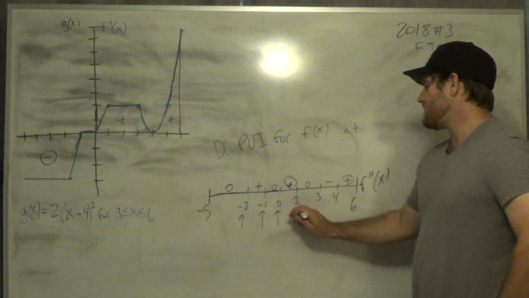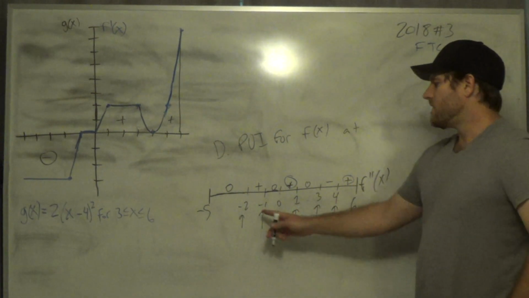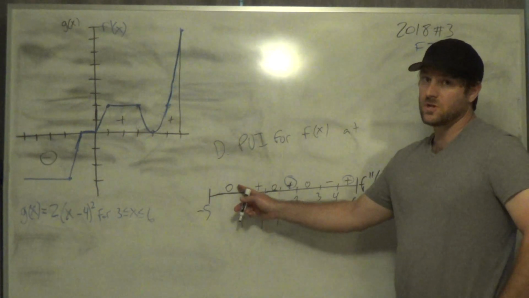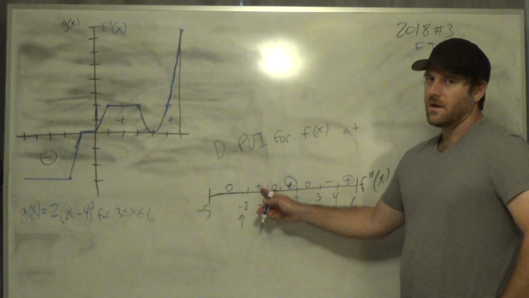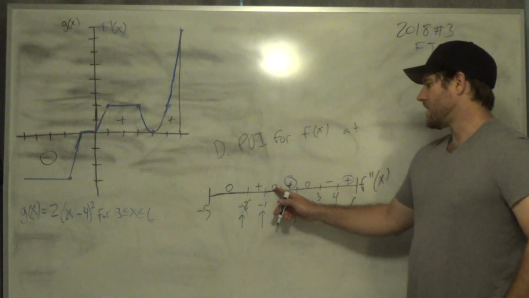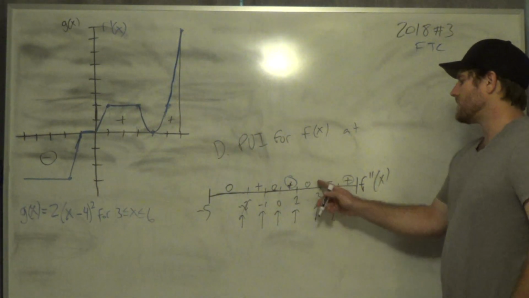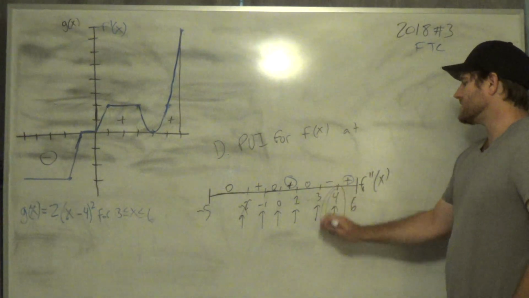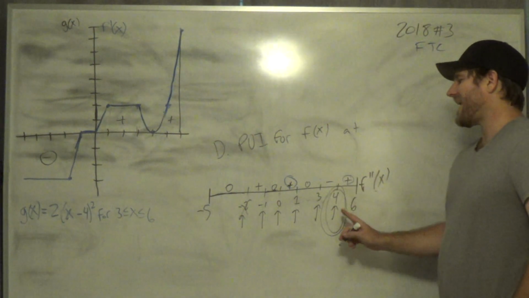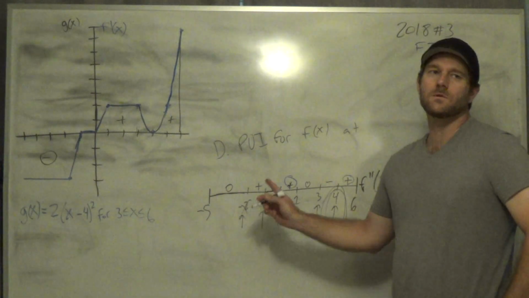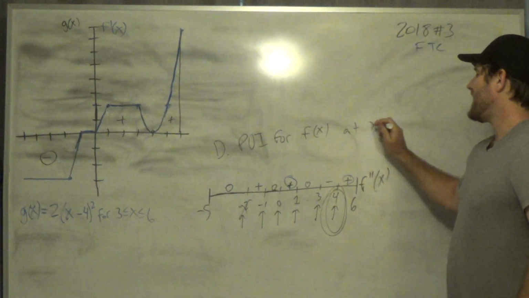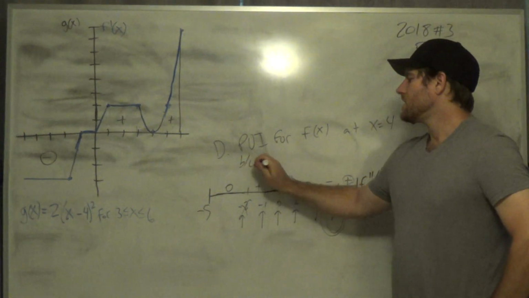Any one of these maybe could have been points of inflection, but no. This one, 0 to positive. So 0 doesn't mean concave up or concave down. There was no concavity and then concave up. And then from here, concave up, no concavity. No concavity, concave up. Concave up, no concavity. No concavity, concave up. This is the only place where concavity changes. F double prime x changes from negative to positive at this point. Everywhere else it changes from 0 to a plus, or a plus to a 0, or 0 to a minus, or minus to 0. So, point of inflection for f of x at x equals 4, and then justify because